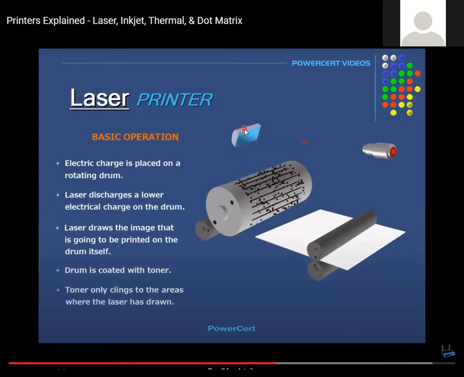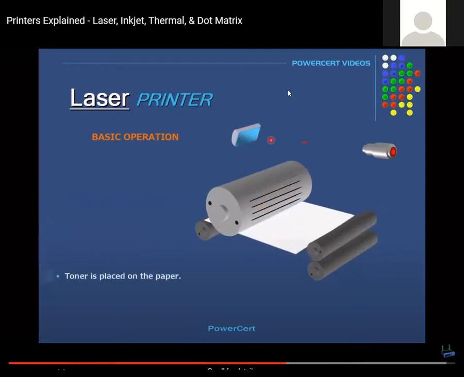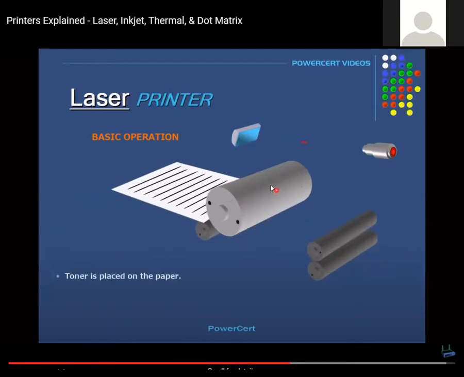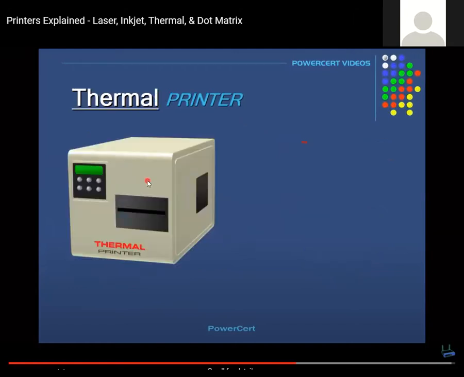Here you can see, with the laser light, the image is printed on the drum first, then it goes to the page. In this way, the page passes through the drum, and the image is printed on it.